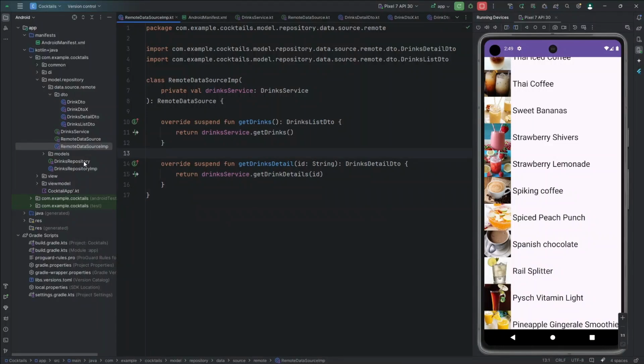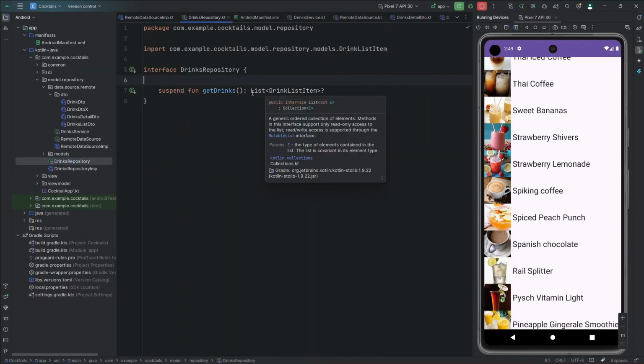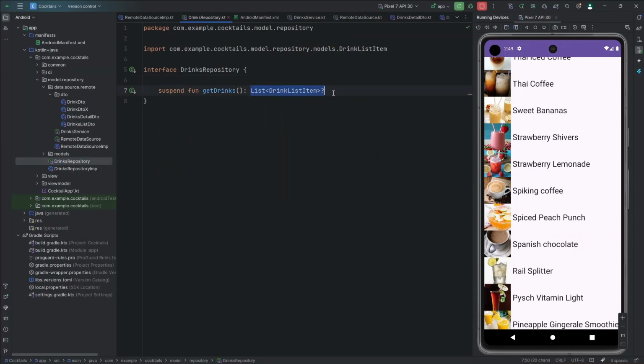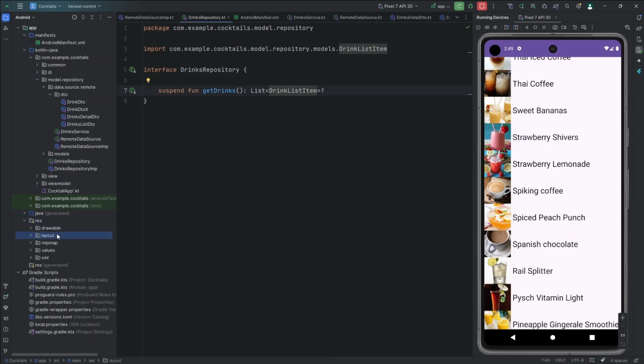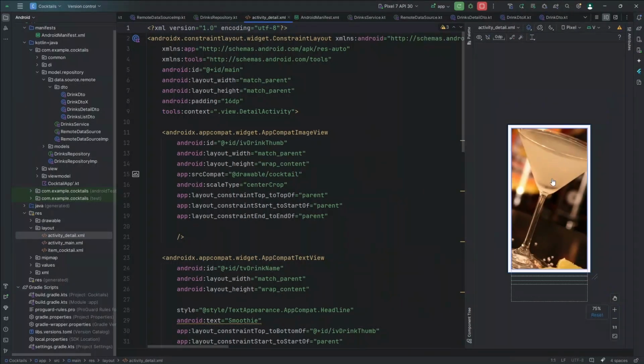and now we have to go to the drinks repository. In the drinks repository, we have created a model class for our repositories. So this will be the requirement of our application. What we will be requiring is, if we go to the layout of the drink detail, we are requiring a